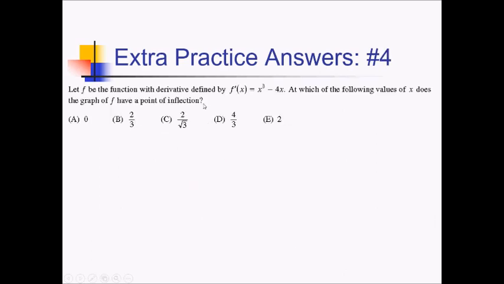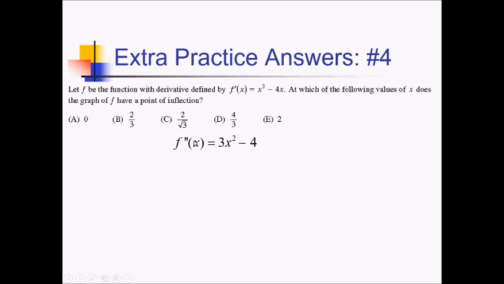On this problem, I'm given a function whose first derivative is defined as x cubed minus 4x, and we want to know at what x values this graph has a point of inflection. Now you've got to be careful on this one because they've already given you f prime. So with points of inflection, you're always looking at where f double prime is changing sign, but again, note you already have f prime, so you just need to take one more derivative to get the function that you're going to analyze. So the second derivative then, that's going to be 3x squared minus 4,